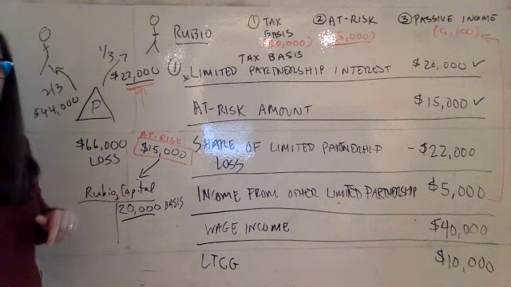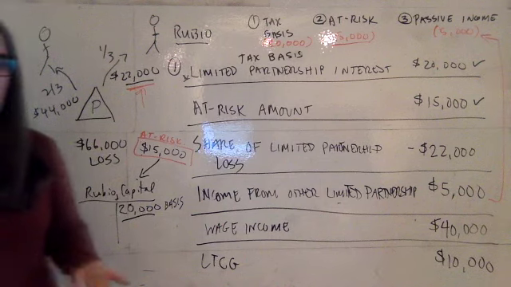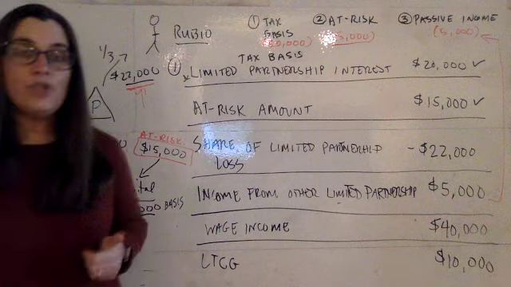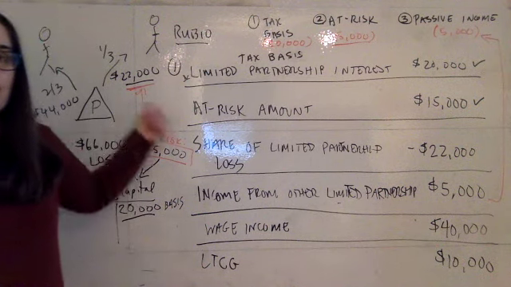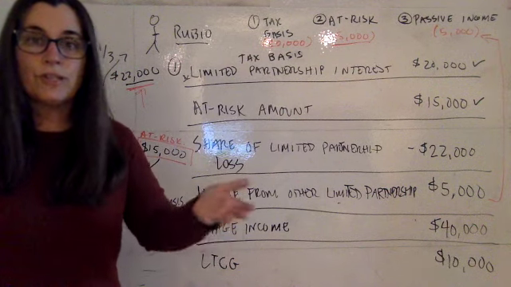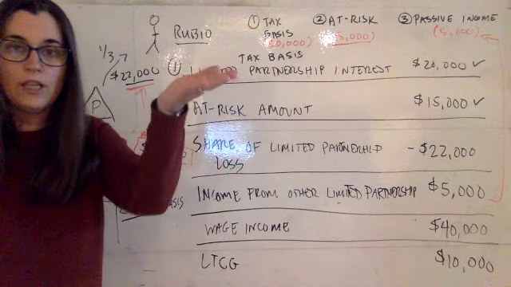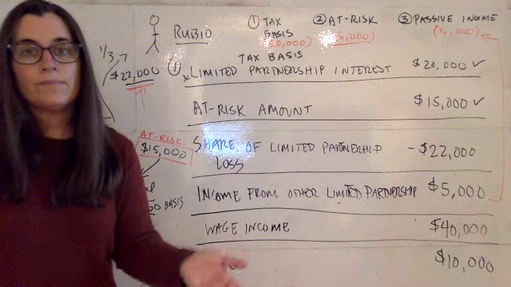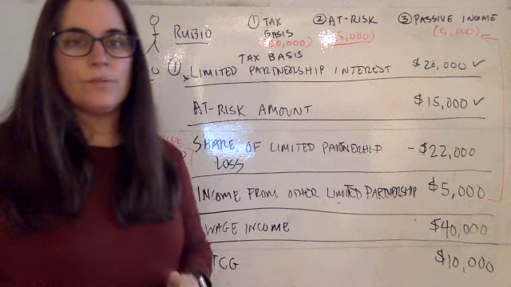That's what this $22,000 is. So what the IRS is going to say is, okay, we want to test how much of this loss you can show on your tax return. Can he recognize the full $22,000 as a deduction, such that he lowers his taxable income by $22,000, or not? Well, these rules are going to inform what he can do.